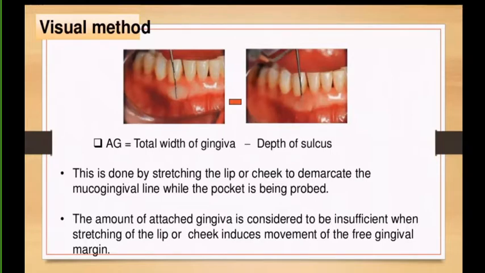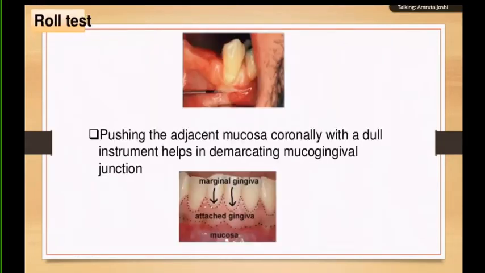I'll just tell you there is a visual method where you can use only a probe and subtract the depth of the sulcus from the total gingiva. Then there is the roll test. In the practical exam, most of you will be asked to perform a roll test on the patient. The roll test is: using the flat side of the probe, a dull instrument always, you push the adjacent mucosa coronally,